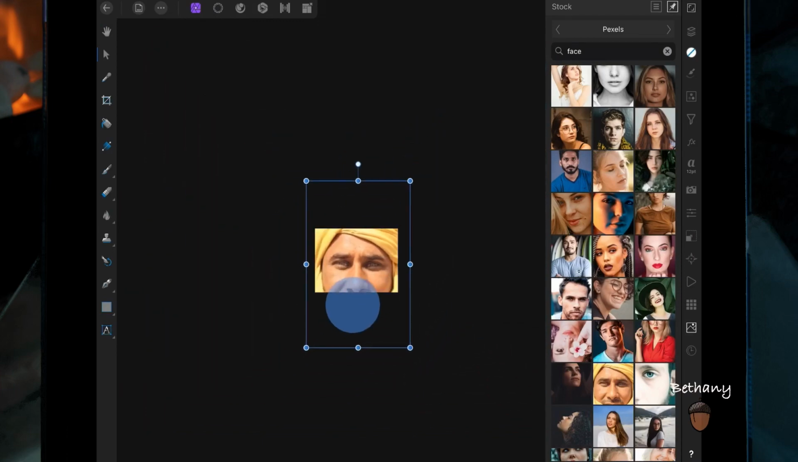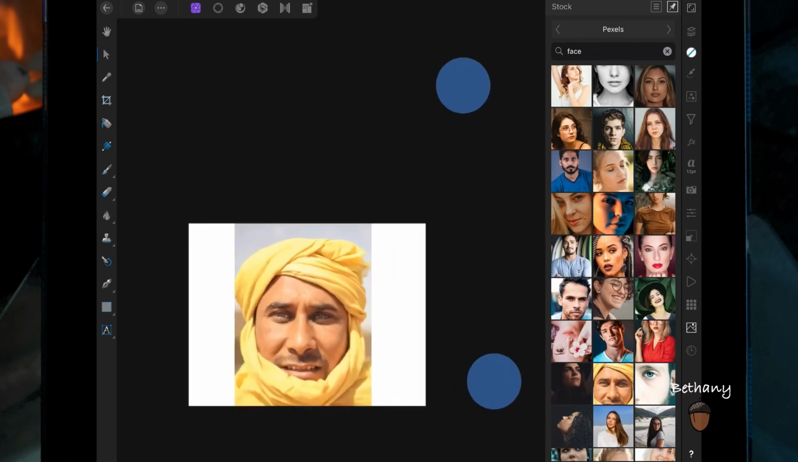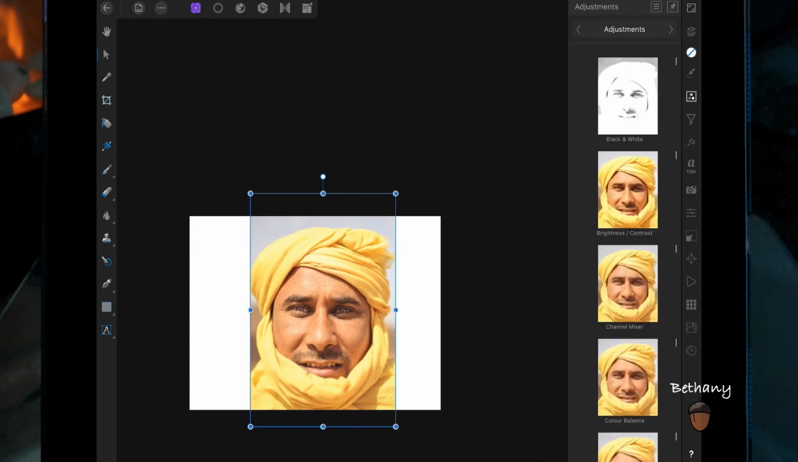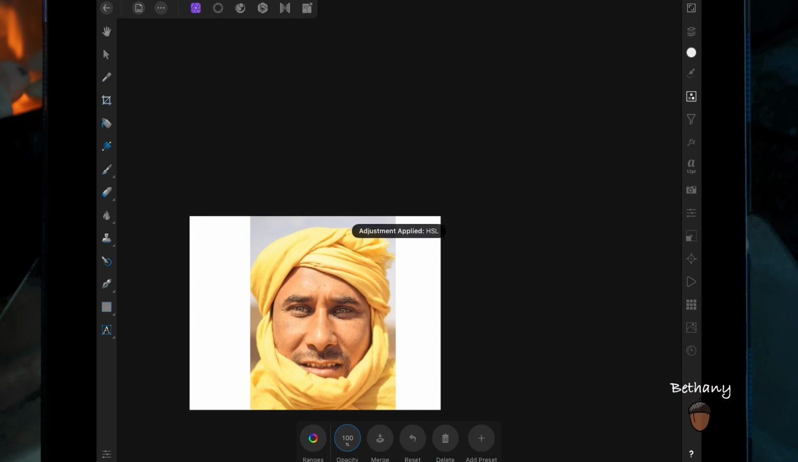And so then for the last one, I'm just going to use this picture. And this is just a really easy way of changing the colour of something. So I'm just going to click on HSL, and then on the ranges button here,